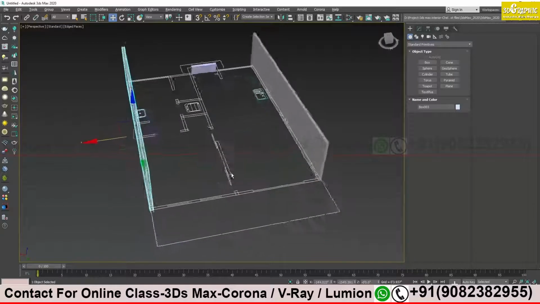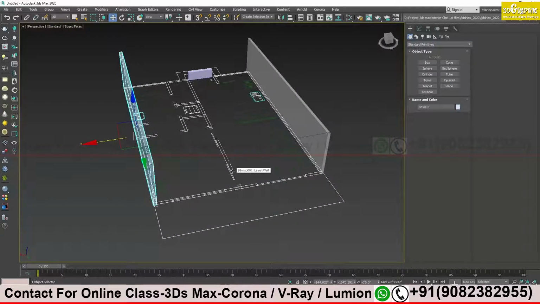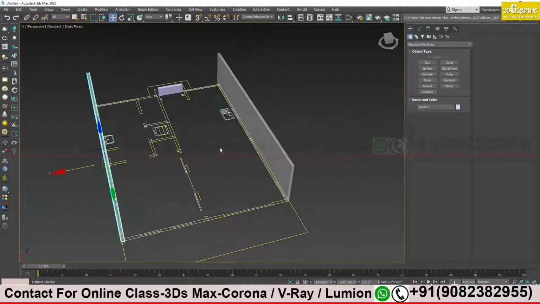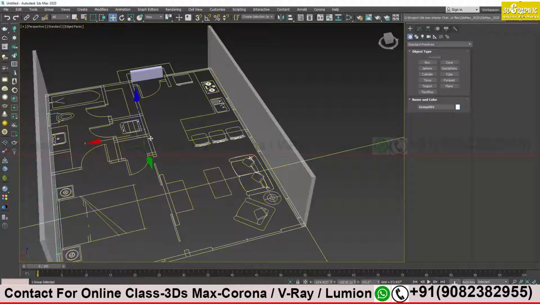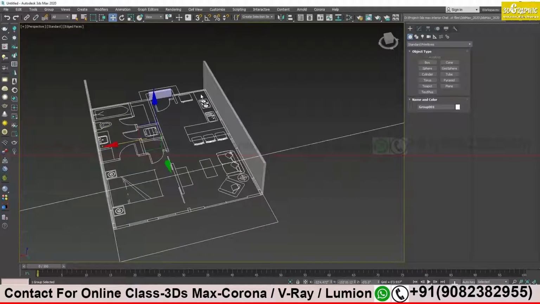Sasikaran, just have a look on my computer screen. See what I'm trying to explain. We have a plan over here, right? And the next step is to create the wall on the basis of my plan.